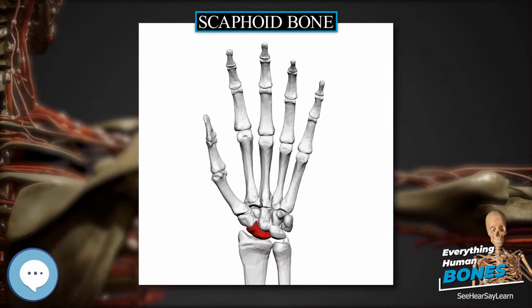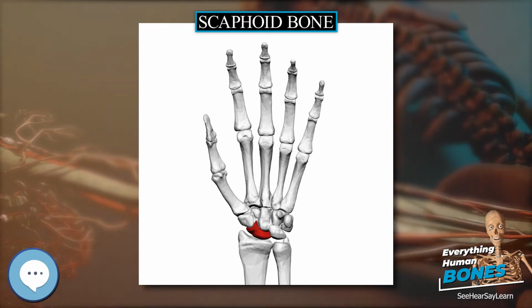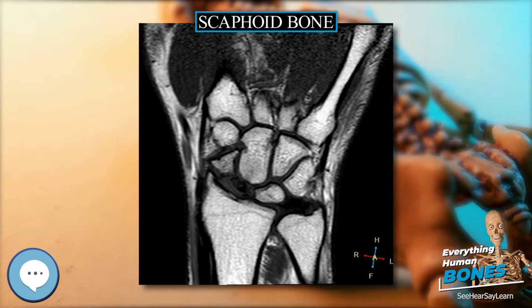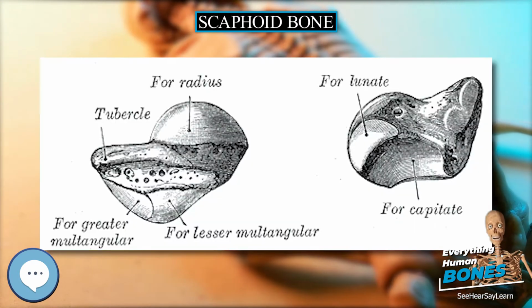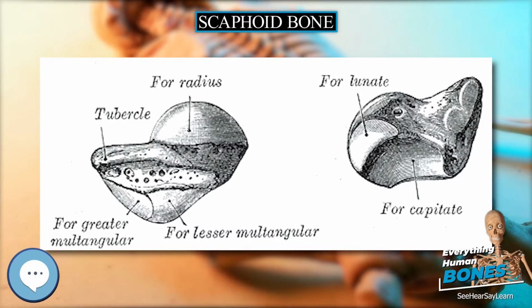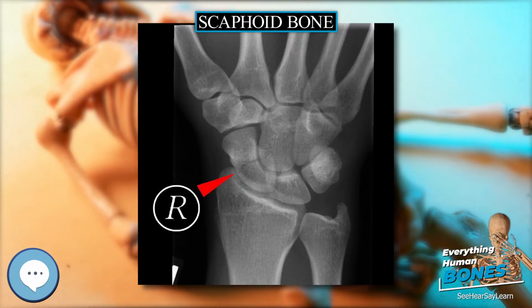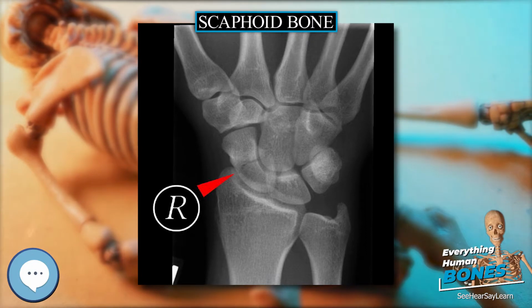Scaphoid bone. The scaphoid bone is one of the carpal bones of the wrist. It is situated between the hand and forearm on the thumb side of the wrist, also called the lateral or radial side. It forms the radial border of the carpal tunnel. The scaphoid bone is the largest bone of the proximal row of wrist bones, its long axis being from above